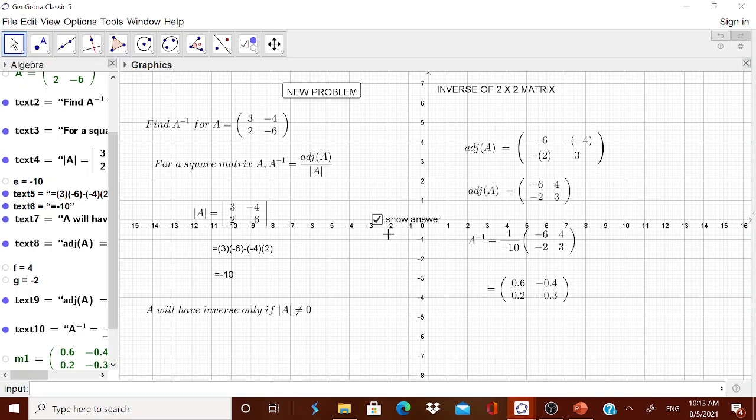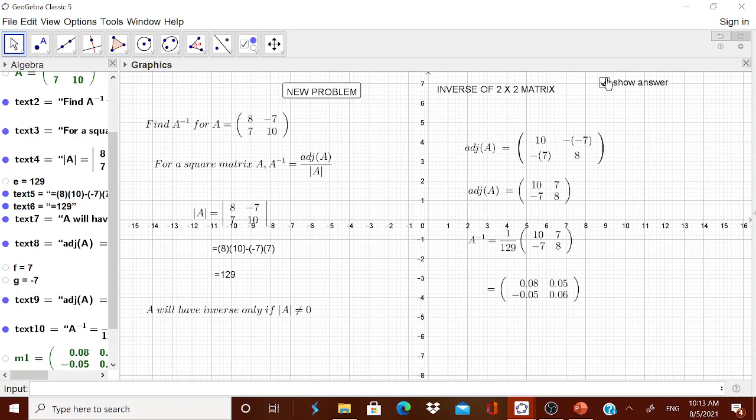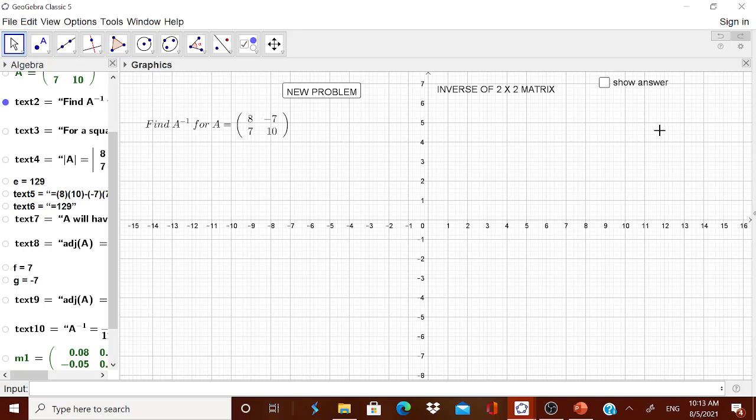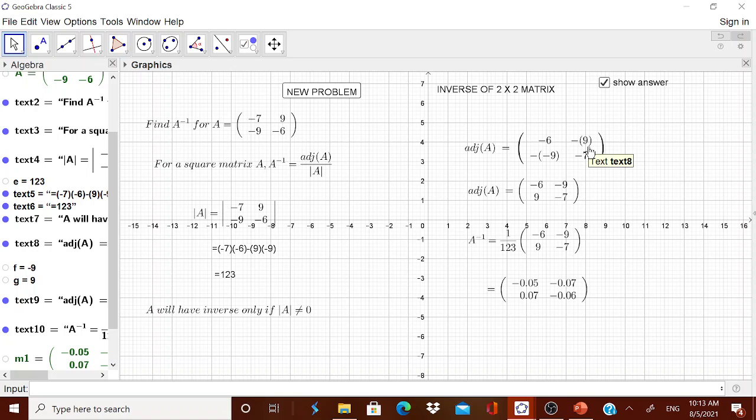Or you can put this one on the top. Now you can push the new problem and then you can show. No need to show it to the children. Now the new problem has come. Now you can ask the children to find the inverse and you can show the answer to them. But highly interesting because in the class you can generate n number of problems without much effort, but you have to keep this sheet ready and then you can do wonders in the class.